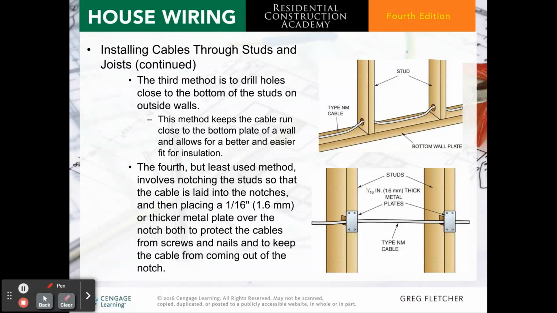The third method is to drill holes close to the bottom of the studs on the outside walls. This keeps the cable run close to the bottom plate of a wall and allows for a better and easier fit for installation. So you can see this one, this bottom plate coming across,